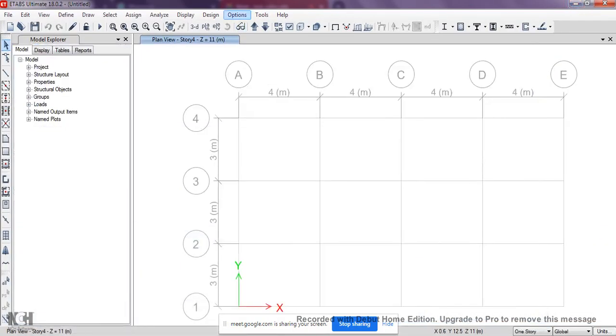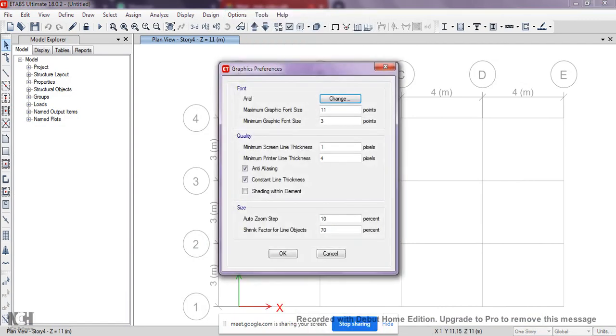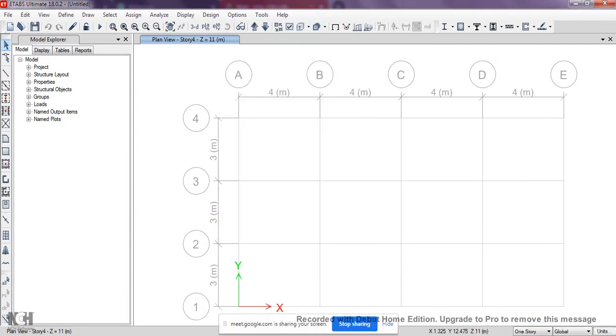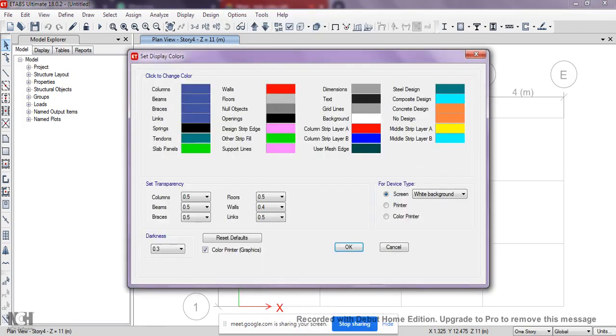For this, go to options. Here go to display. Here the screen has a white background, change this one to black background.